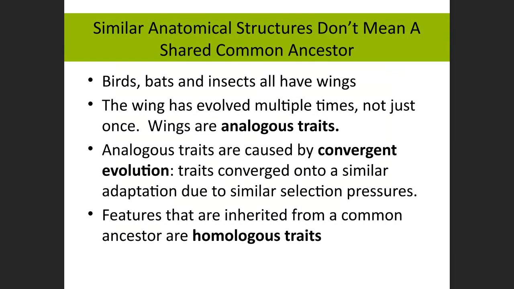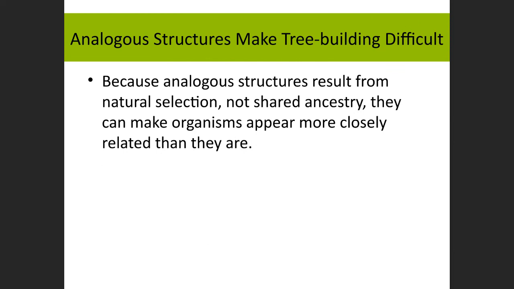But we have to make sure not to use analogous traits like wings, because birds and bats and insects all have that. So some of this just requires luck, some requires knowledge to know what traits to use when you're building a tree. Because these analogous traits could mess you up, right? They're due to natural selection. So you may say, oh, well, the bats and the cat and the butterflies are closely related because they both fly. Obviously, that would be a really bad way to make your tree, to put bats away from all other mammals and stick them with the insects.